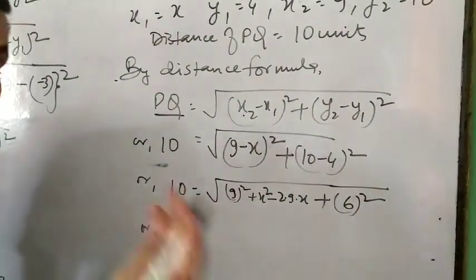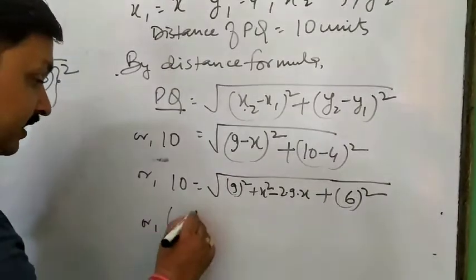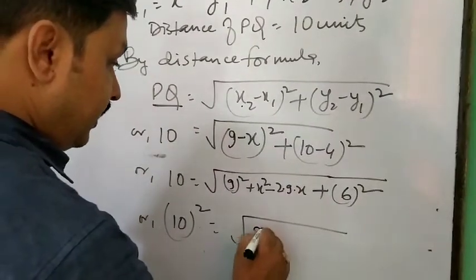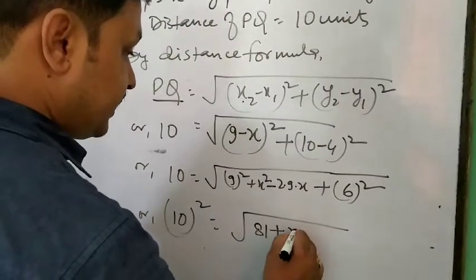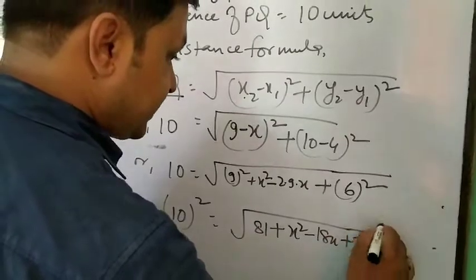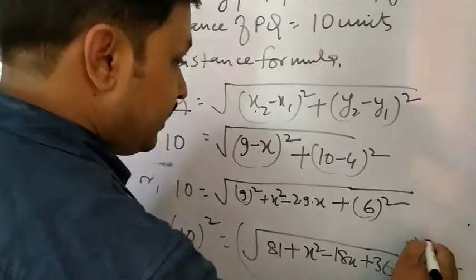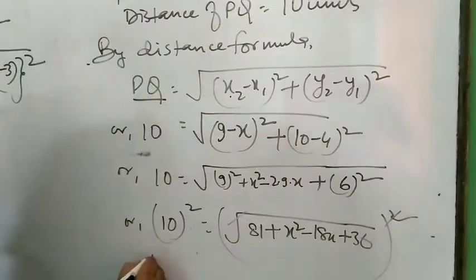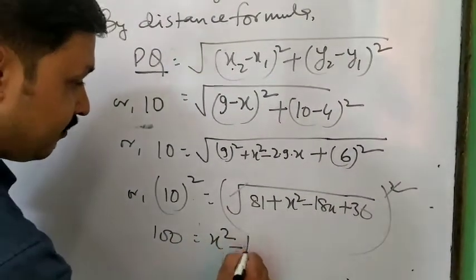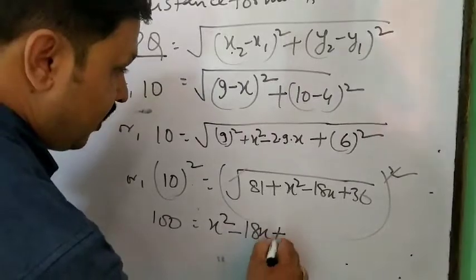So we can square both sides. 10 squared equals 81 plus x square minus 18x plus 36. Here the square root cancels, that's 100 equals x square minus 18x plus